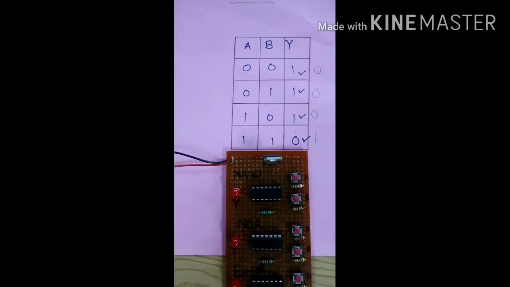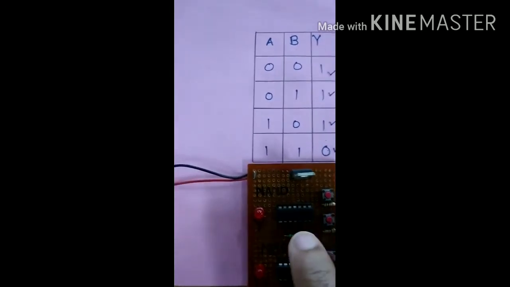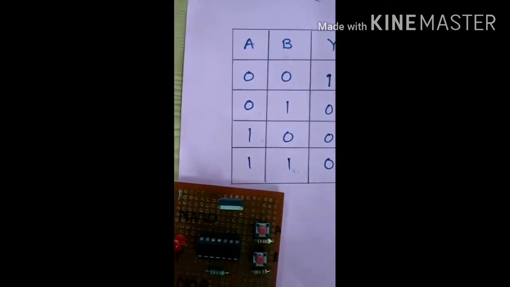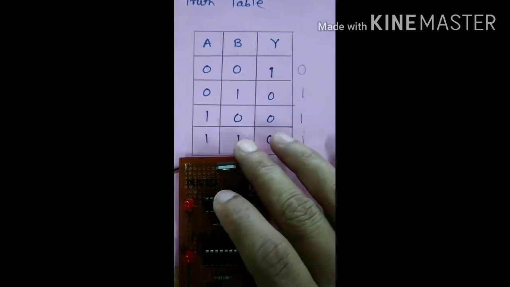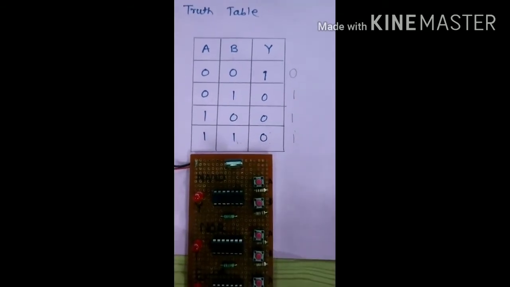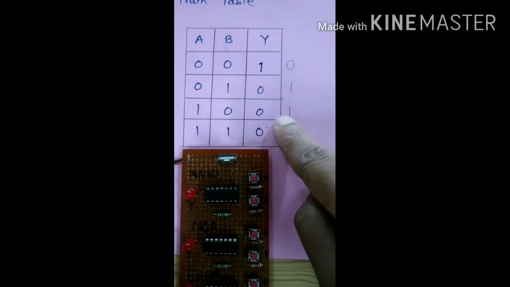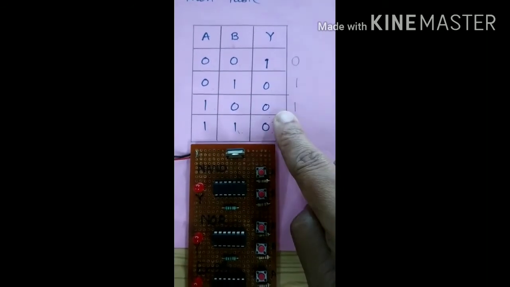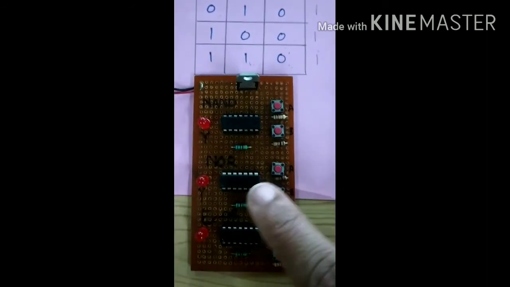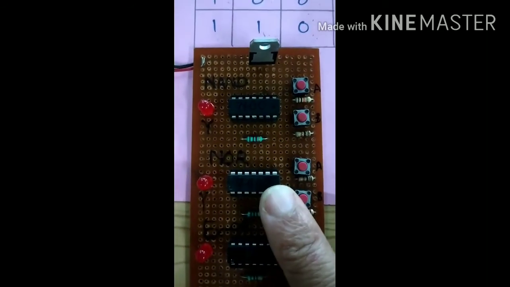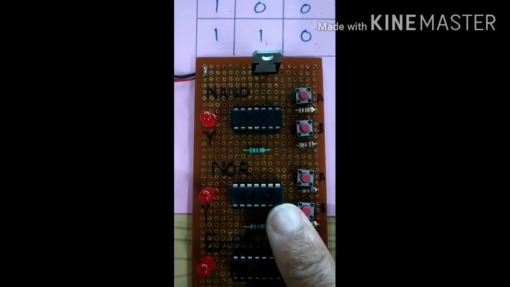Now we will move towards the NOR gate. Now this is the truth table of NOR gate. We have to verify this truth table. All these 4 conditions we have to verify. Now on this IC we have to do the practical, 7402.